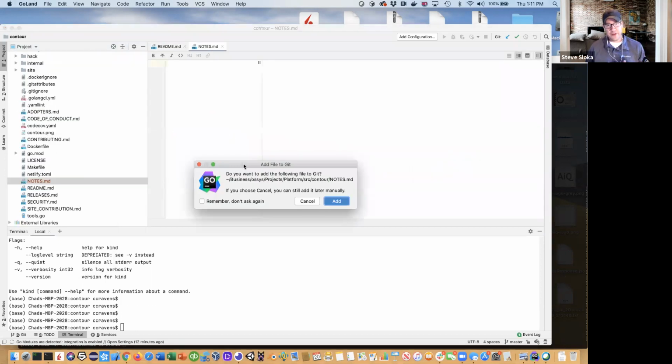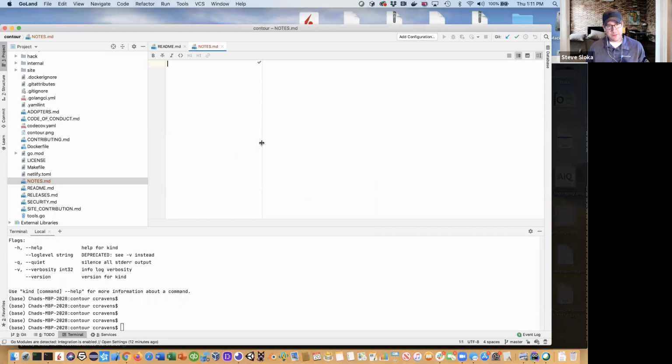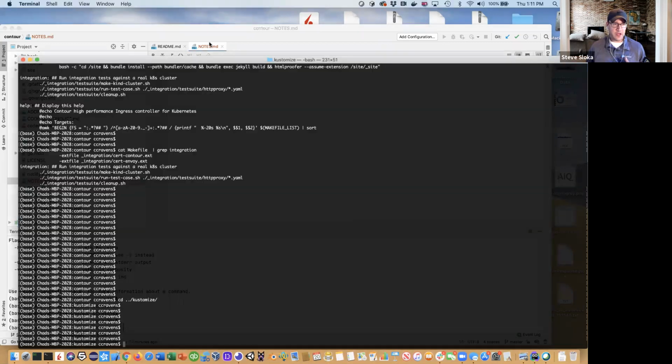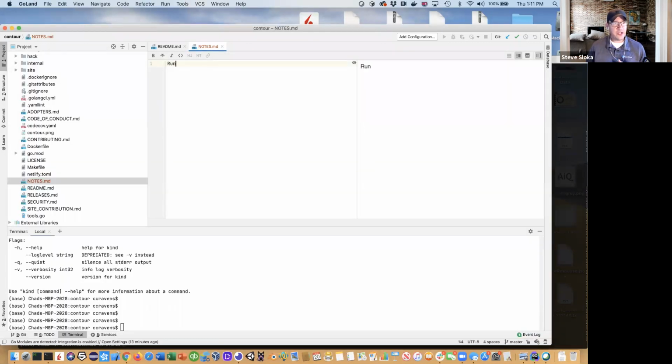But still, an even faster way would be to actually run Envoy in the cluster, but run Contour locally on your machine. And that's kind of how I develop. So there's actually an example file of that. So if you go into the,